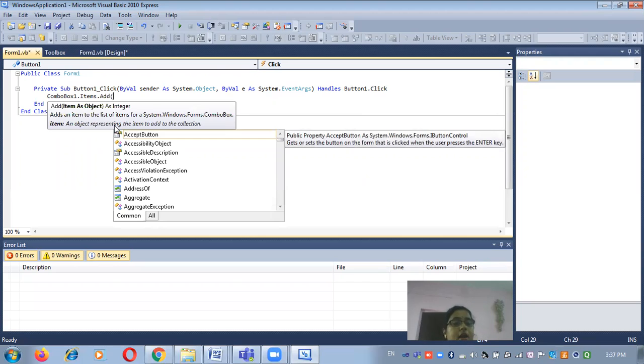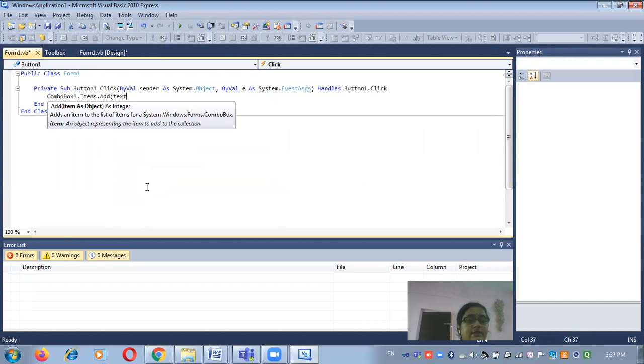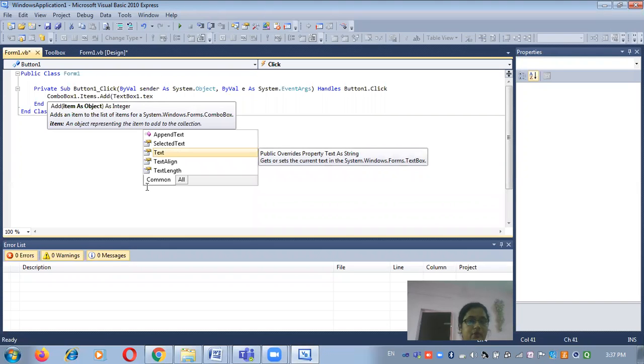Here I'm going to add whatever text I have entered in the text box, so that value should be added in the combo box. So I type TextBox1.Text.